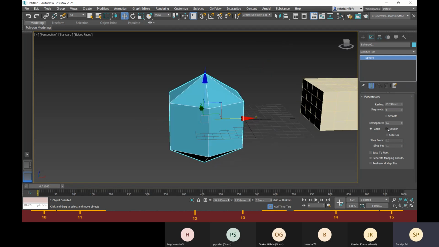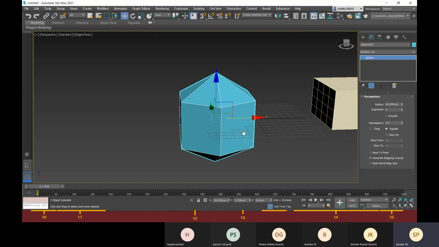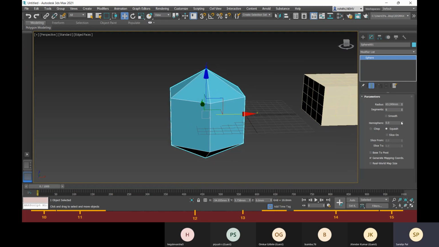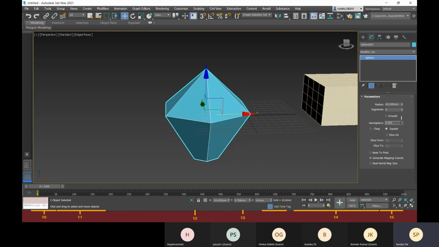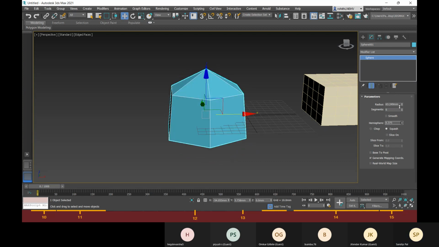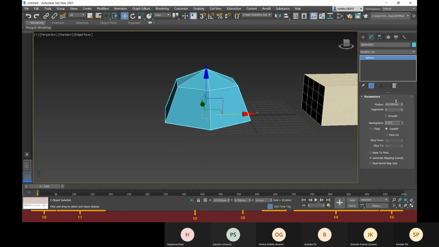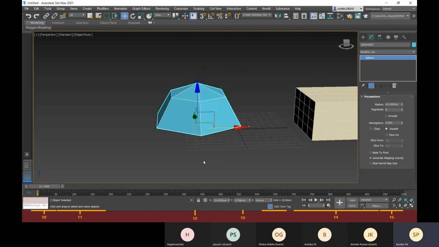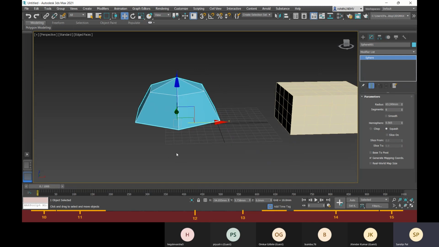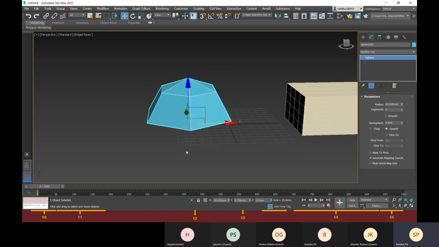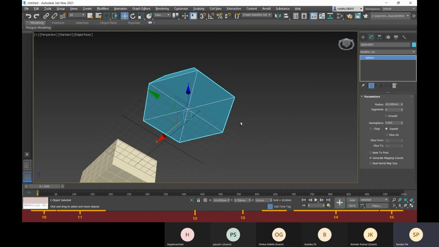Now, if you want to chop it, if I choose squash and I increase this, it will be chopped in this way. So now you can see that a sphere can be converted into a shape like this.